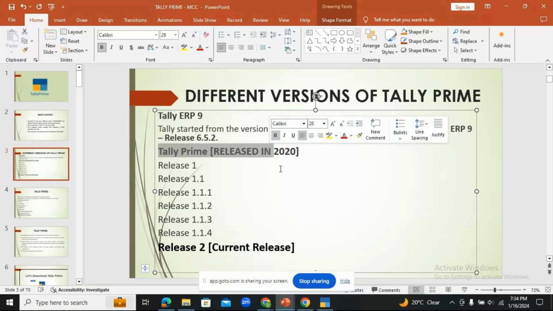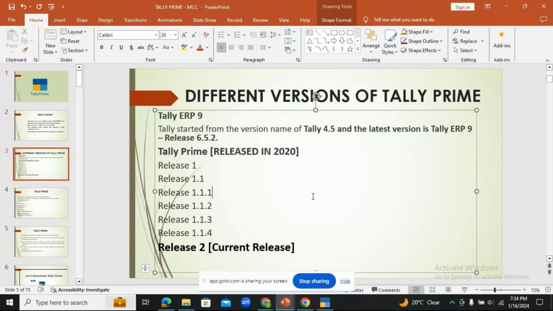So I'm not going to purchase the software again. I just need to pay the upgradation fees. I'm the same old licensed user. So when I'm paying only the upgradation fees with the same user ID and password, I can work in the Tally Prime as well. That is what I meant here by reactivate the existing license.